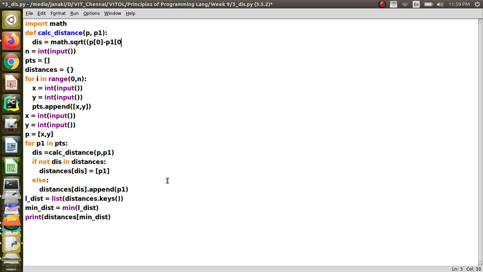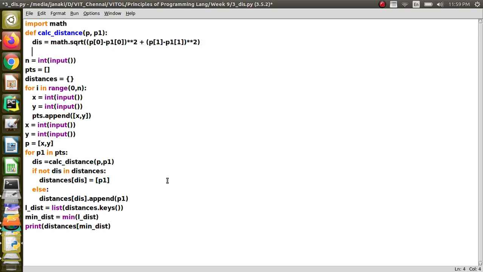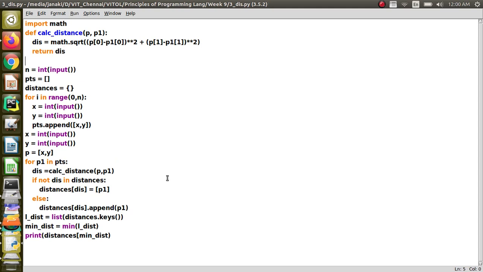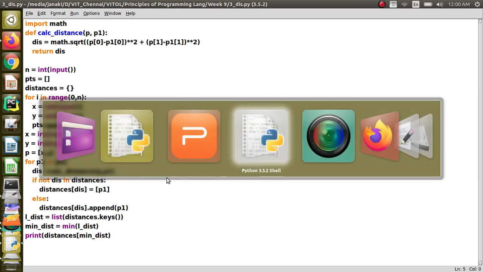So p of 0 minus p1 of 0, and square it, power 2, plus p of 1, that is y1, minus y2, where y2 is p1 of 1, and square it. Fine, right? Return this, so the distance will be returned. Hope the code is done.